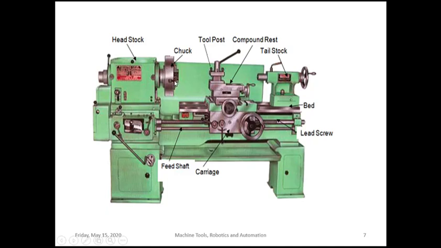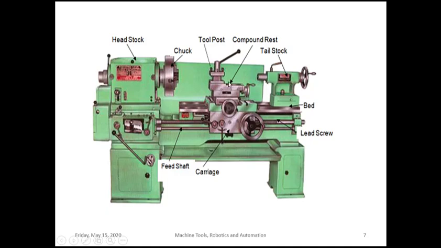The chuck holds the workpiece firmly, and the workpiece is fixed into the chuck, which is made to rotate at a very high RPM. When the chuck rotates, the workpiece also rotates, as it is firmly fixed into the chuck. This is the headstock, and this is the tailstock. It is used to fix longer or slender objects. Slender workpieces are fixed between the chuck and the tailstock, which acts as a support at the other end.